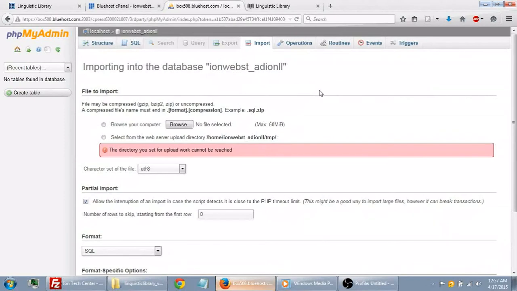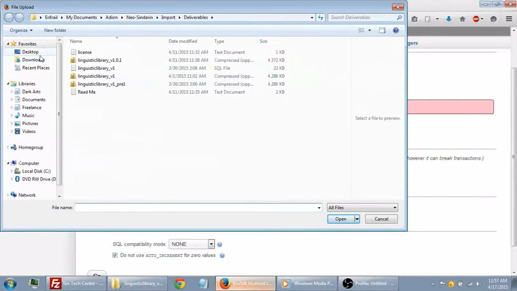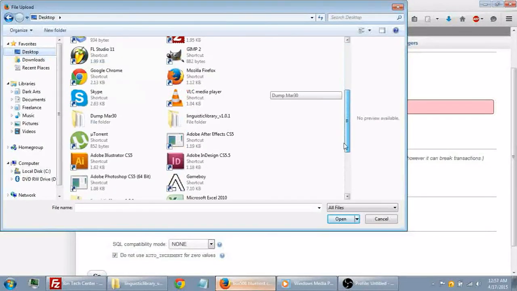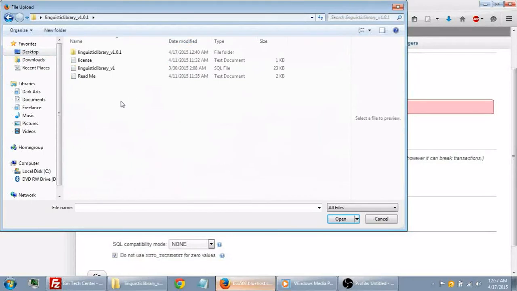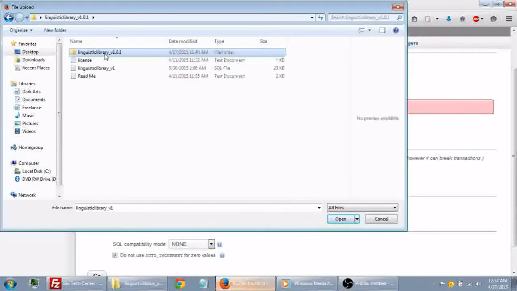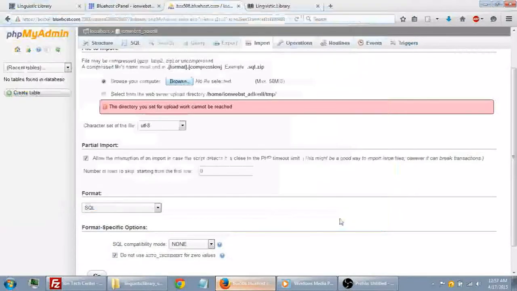So now, basically it says you made a database, but the database is empty, so fill it with something. We fill it with the database that came with the folder. So if we go back to our desktop, when we opened this up, we saw some files. This is an SQL file. This is where the database is. So all this was uploaded onto the FTP or FileZilla. This one comes through the phpMyAdmin. So click open,